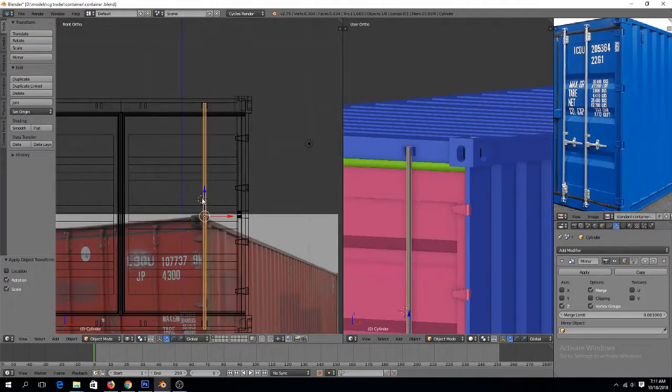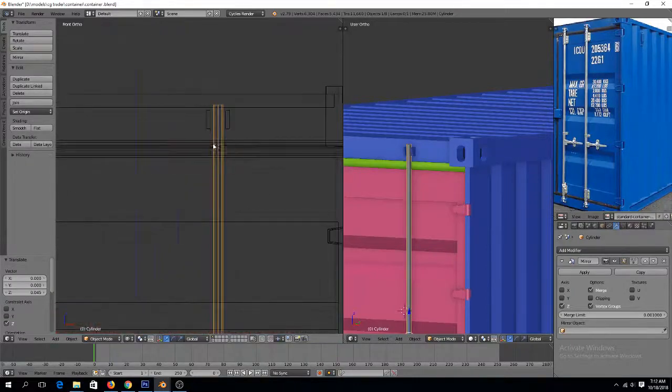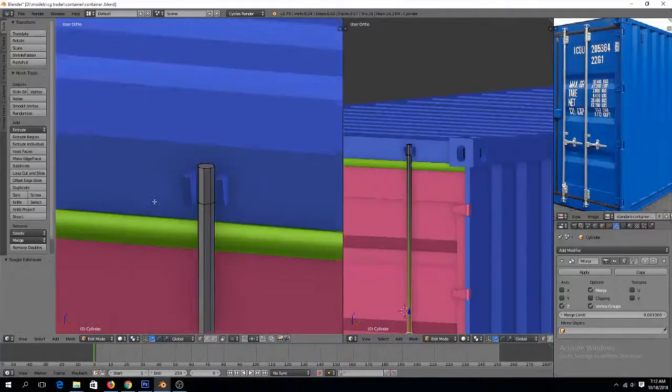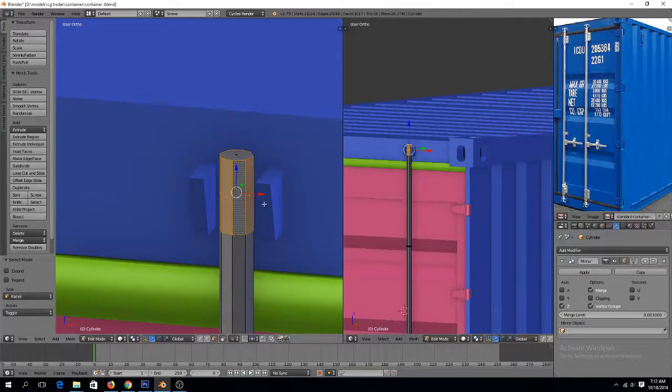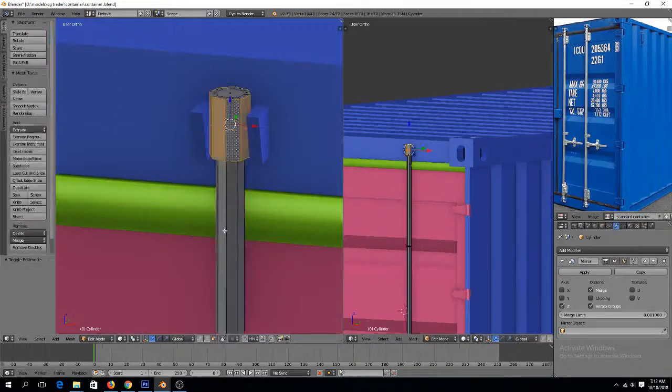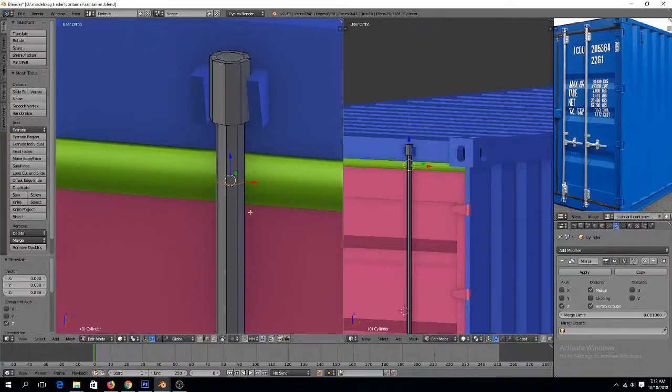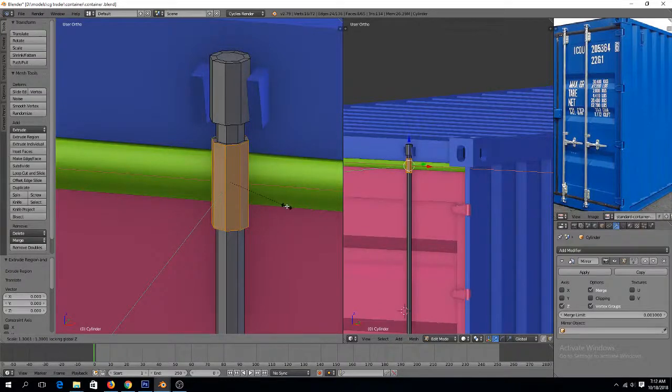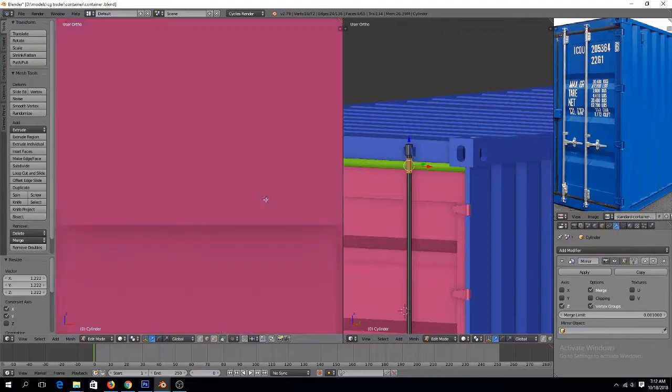Let's apply rotation and scale. Select this, extrude in the X and Y plane. Add a loop here. We can Control B to bevel that, scale that in the Z direction to around there. E to extrude, scale in the Z and Y plane to have that. And we can